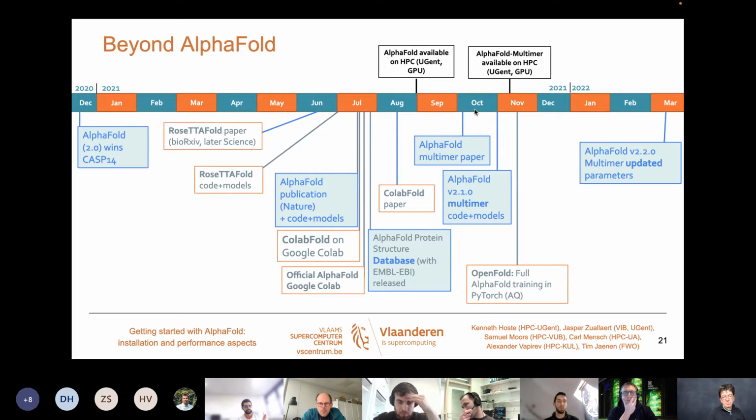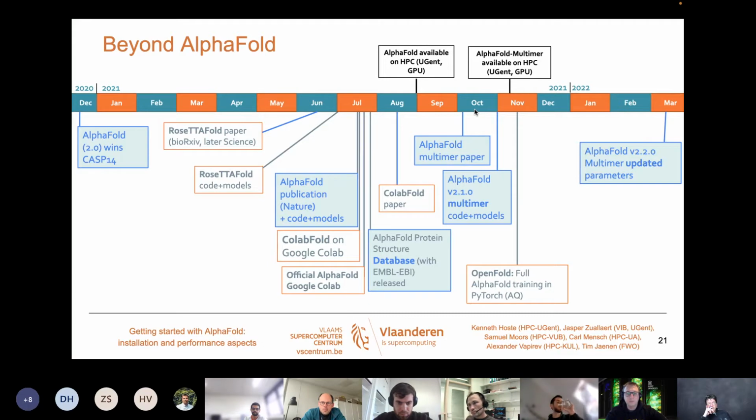Then beyond AlphaFold, some of this has already been discussed. There's RosettaFold, which is sort of a direct competitor to AlphaFold with similar ideas. There's ColabFold, which takes a slightly different approach, especially for the MSA part. And then there's OpenFold as well, which looks very interesting to me, but it seems like not too many people have played with this already. And there's probably a reason for that, which I'll get into in that specific slide. So you can see it's not just AlphaFold anymore. This field is opening up really, and there's multiple software applications like this that take this AI-based approach